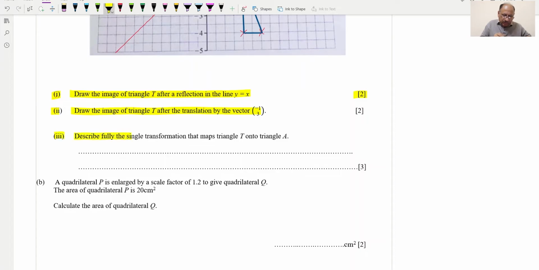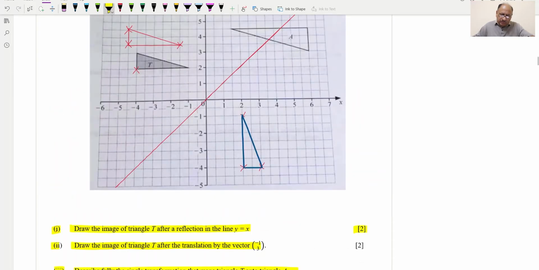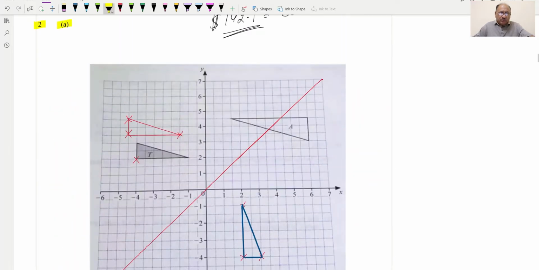So this is also done. Then the third part: describe the single transformation that maps triangle T onto A. T onto A is which one? So we can draw this. We can join the vertices, and this will be one line which we are joining, and the other line we can also join through these two vertices, and the third vertex also you can join, which is also passing through the same point, and that will be the center of